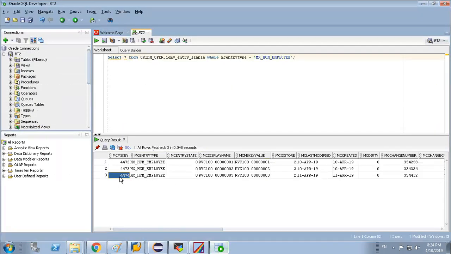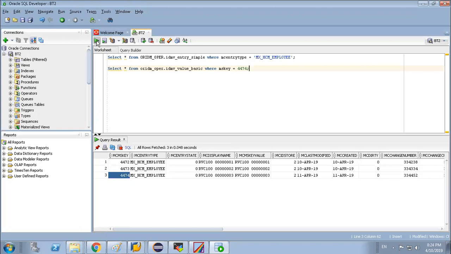Now, using this MS key, go to another query, go to another table. Select star from ORIDM underscore OPER dot IDMV underscore value underscore basic, where MS key equals this.